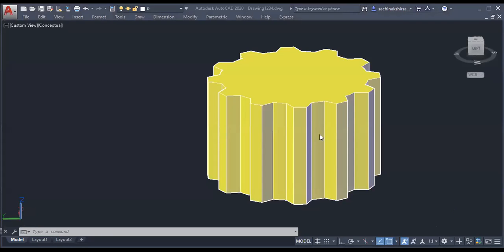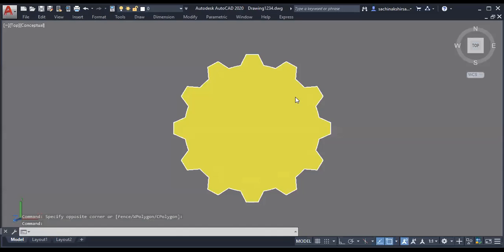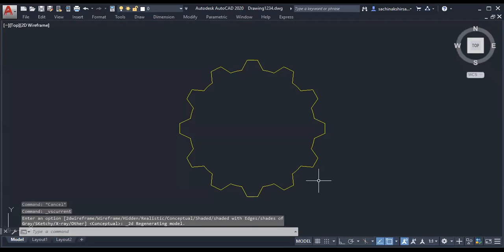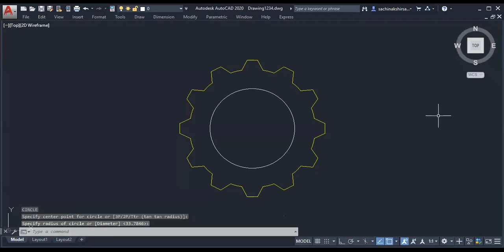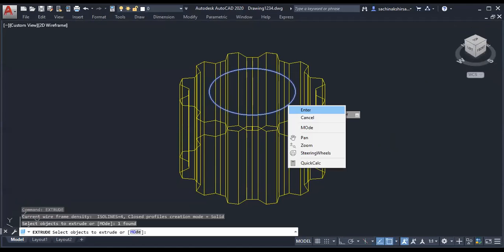So we have seen the array command, in which the first one is rectangular array and the second one is polar array. We have seen polar array. So actually, what I have shown is how we can make use of these commands. While drawing 3D, 2D is most important. So we can take help of this, and we can use these commands in further drafting. That's why I have shown how it is important.